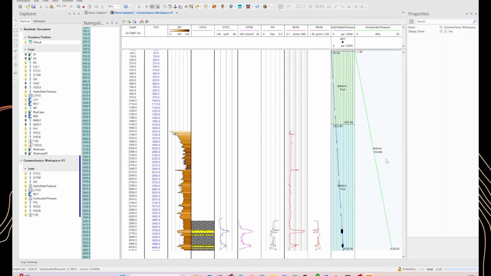The problem is that for this specific wellbore, we only have reliable density values in the lower section of this well. And this is not enough to cover the thousands of meters that we have in the upper section of this borehole. This takes us to the next functionality, which is the use of the combine or composite curve for the density.